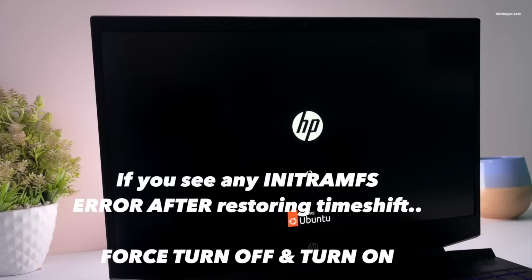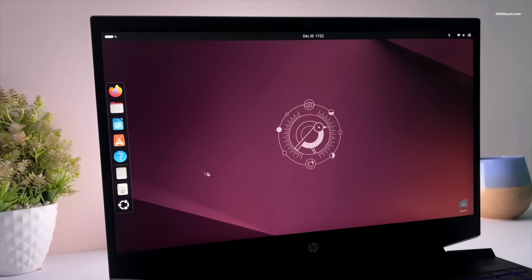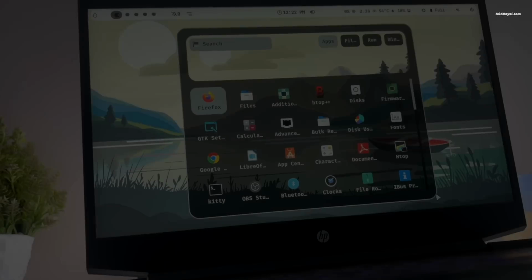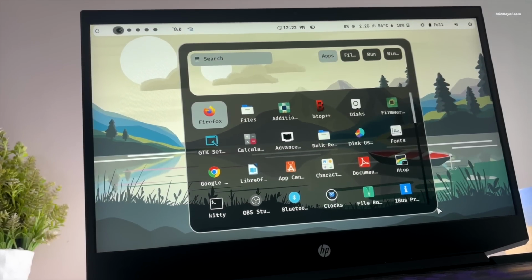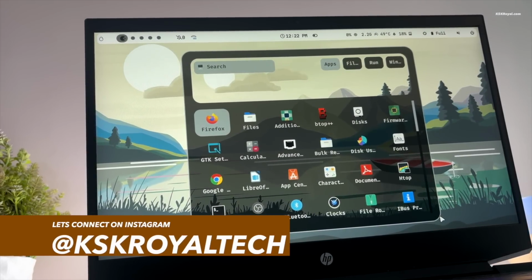Overall, Ubuntu with Hyprland offers one of the best desktop experiences. And that's it for this video on installing and customizing Hyprland on Ubuntu. A huge thanks to all the developers who contribute to making Linux beautiful. Don't forget to explore the GitHub page for more insights